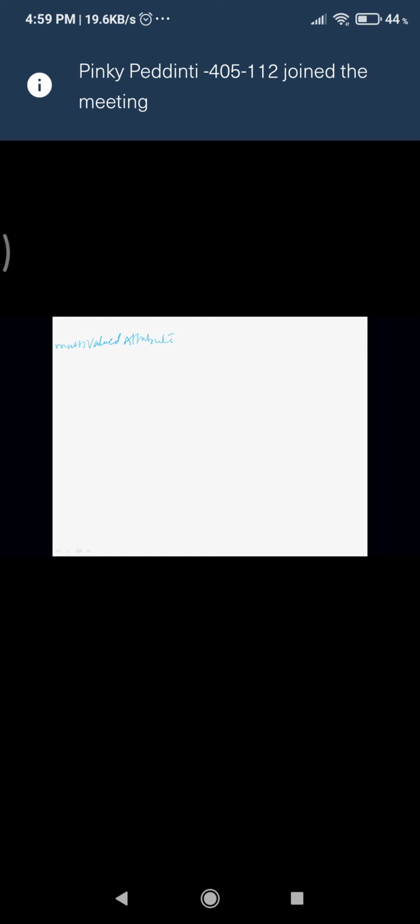Okay. So what is another one in the attribute? We have seen the key attribute and the composite attribute. Now what is the other one that we are going to learn about? It is the multi-valued attribute. Now what is this multi-valued attribute? An attribute can have more than one value.